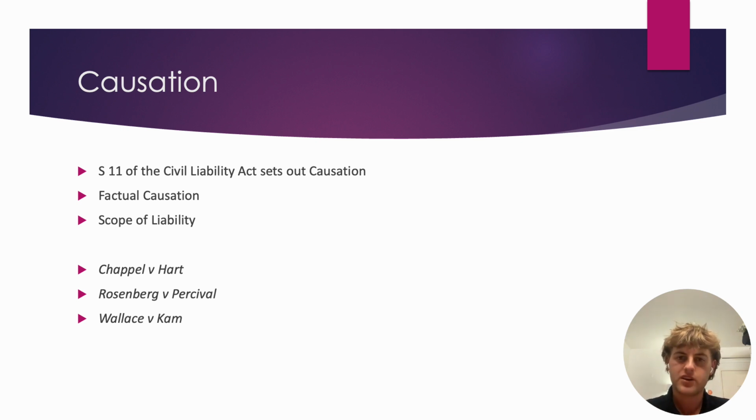Wallace sustained neuropraxia. He claimed damages from Dr. Camp for neuropraxia, as he claimed he was negligent in not telling him the risk to warn him of the risk of neuropraxia and paralysis, and he would not have done the surgery had he been warned beforehand. So it was held that the claim was dismissed at trial, as Harrison J. found that although Dr. Camp did negligently fail to warn of the risk of neuropraxia, Mr. Wallace would have still chosen to do surgery even if warned of neuropraxia. He then argued that the negligent failure to warn was not a necessary condition of the occurrence of neuropraxia.